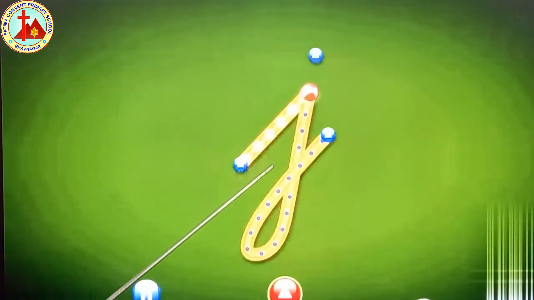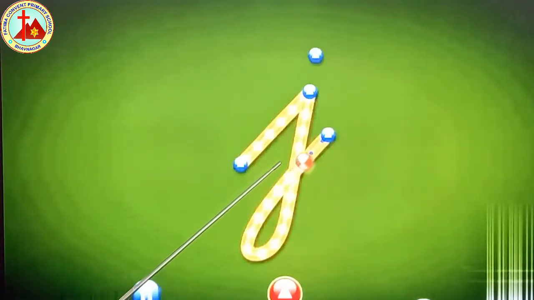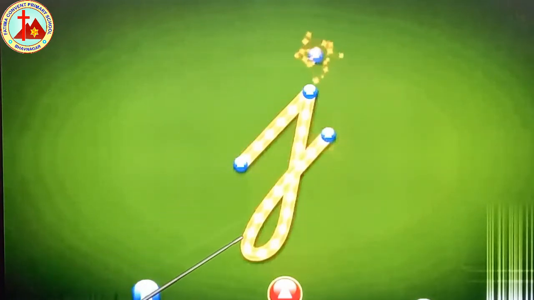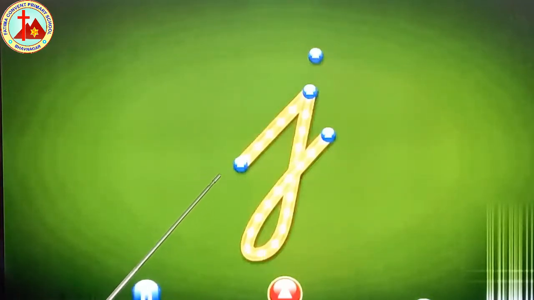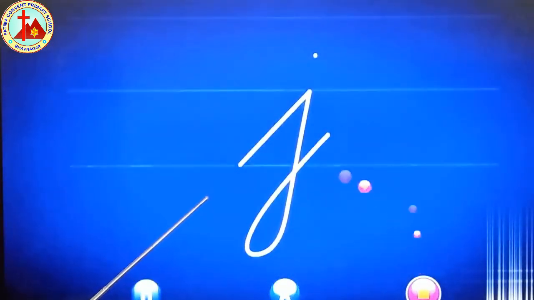See how the ball is going? Like this formation you have to write. This is the correct formation of J. And last you have to put a dot. Don't forget to put a dot. Only two letters get a dot on top, I and J. Yes, now we'll see how to write in a 4-line.